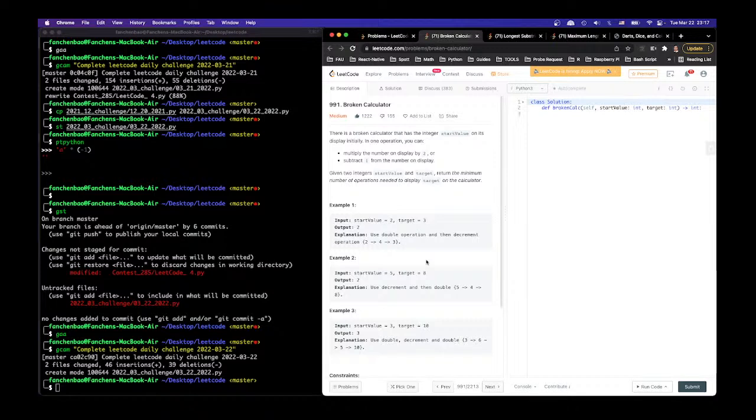It's 4. Now, once it's 4, we either plus 1 or divide, right? So if it's odd, we always plus. If it's even, we either divide or plus. So